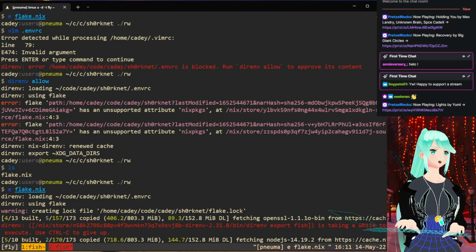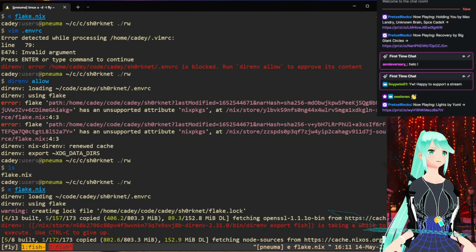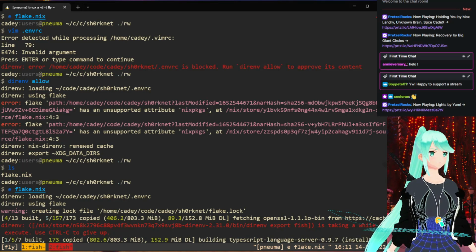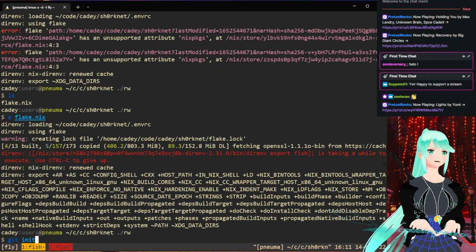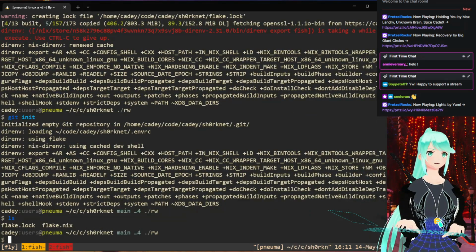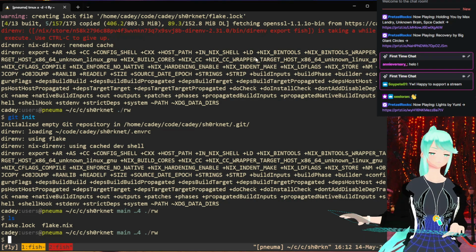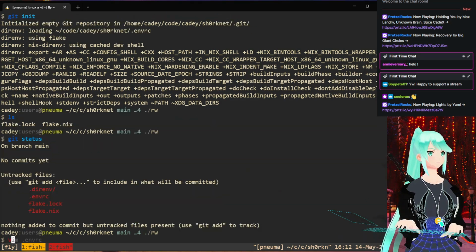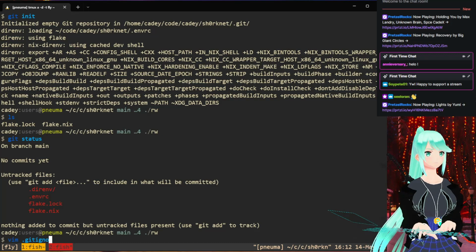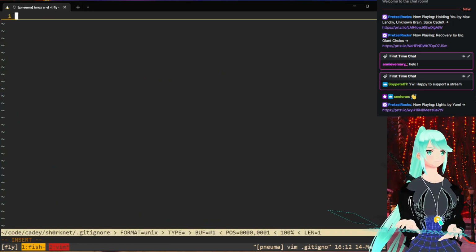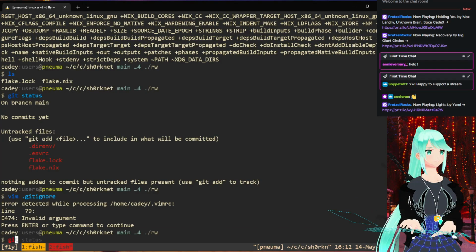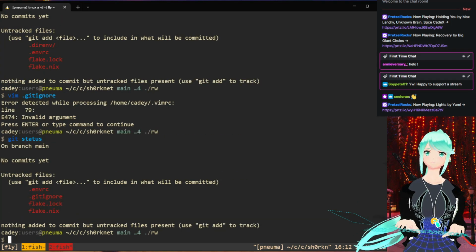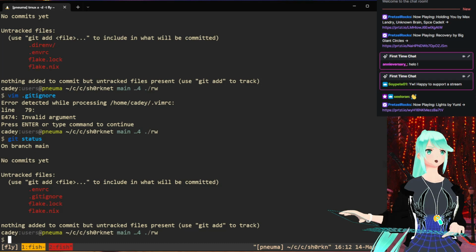This is going to be a total shocker, but I kind of need to do that in order for it to work. Okay, so now it's just going to grab all of the stuff for the TypeScript language server and then git init. Okay, so we have flake.lock and flake.nix. And we want .direnv in the gitignore. Okay, so then